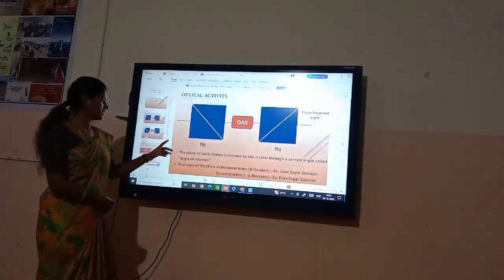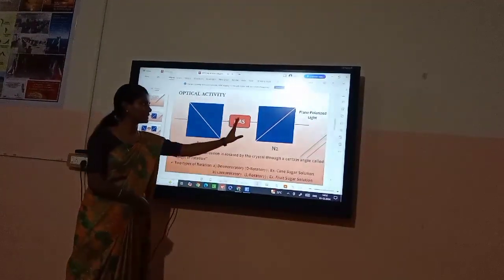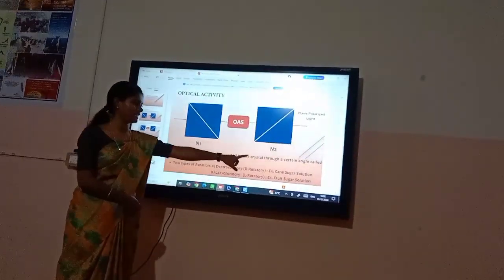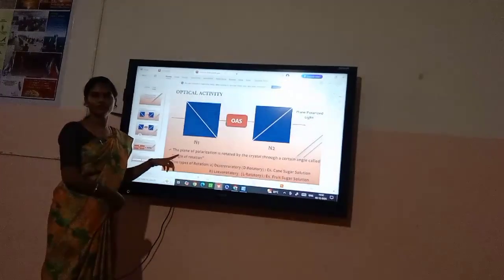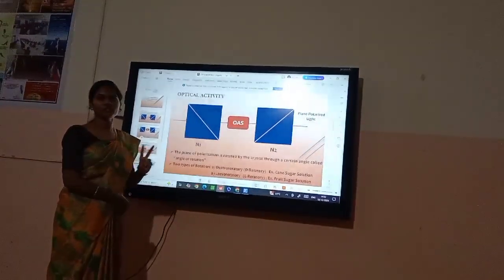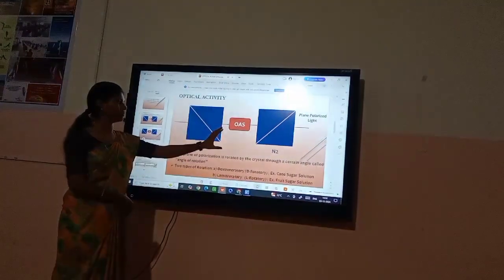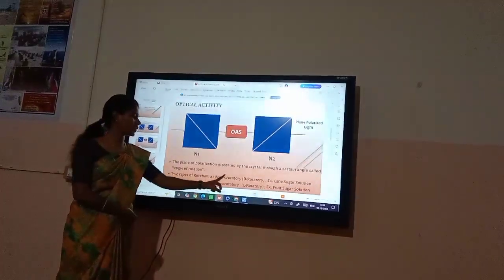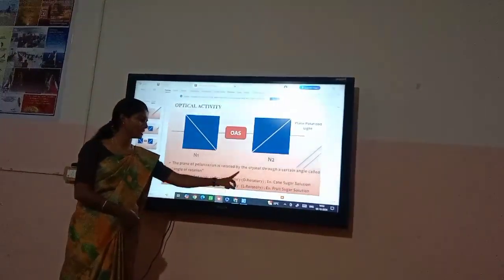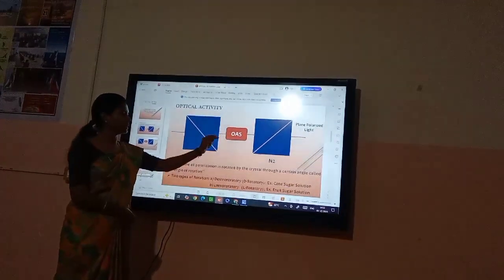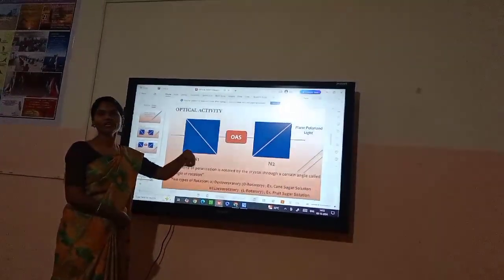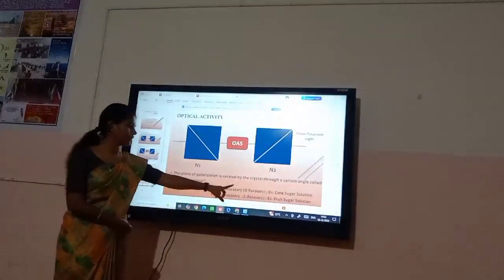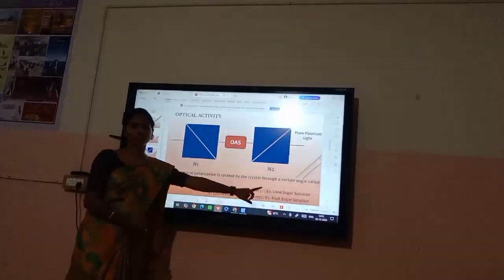As we can see, the plane of polarization inside this optically active medium is rotated by a particular angle. That angle we call the angle of rotation. There are two types of rotation which can happen with the help of this optically active substance. The first one is dextrorotatory. In dextrorotatory, the plane of polarization will be rotated to the right side. That is called a dextrorotatory substance. For example, we can take cane sugar solution. This solution is an